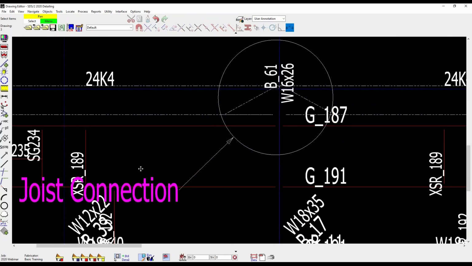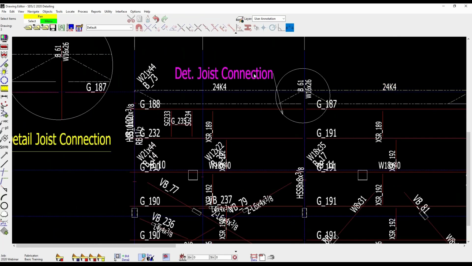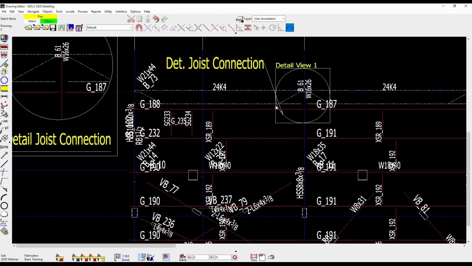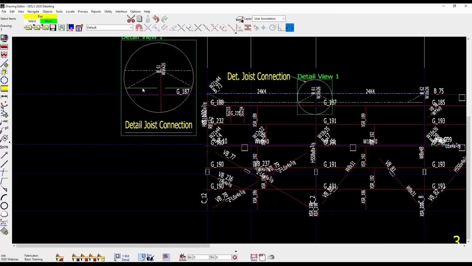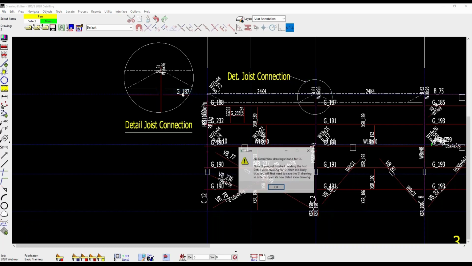I have my call out here. This may be a case where I wanted to actually pick that point where I want that to be. I can always just move this leader where I want it to be. But I have these two different drawings now. So now this is linked together, but they're two separate drawings. This is a detail view of this erection view. Now, this gives me a little bit more power, especially with the things we learned earlier. So if I open up this detail view,